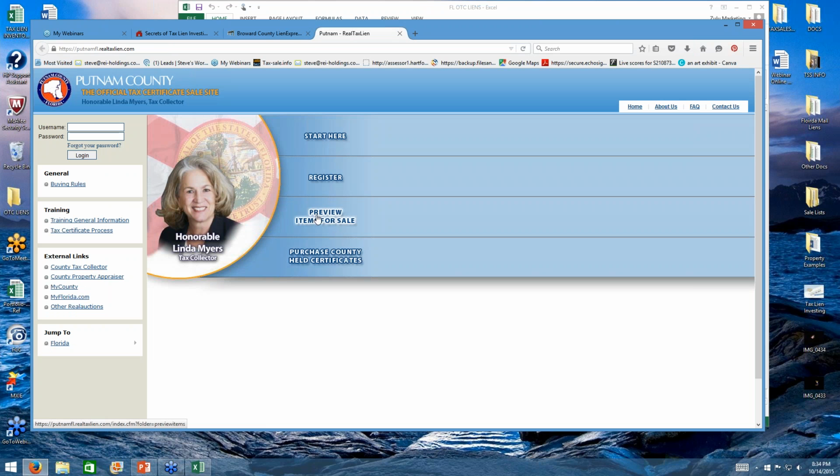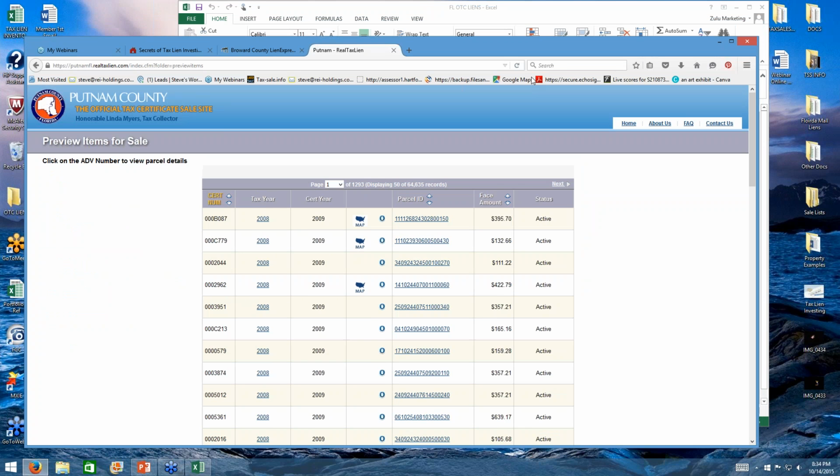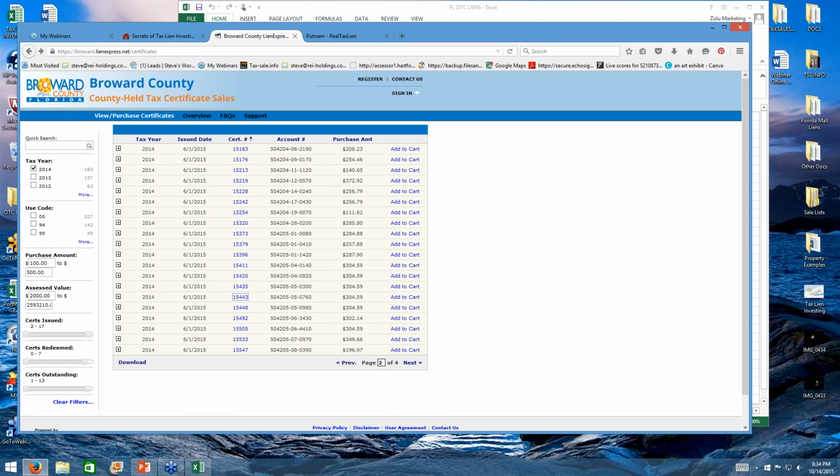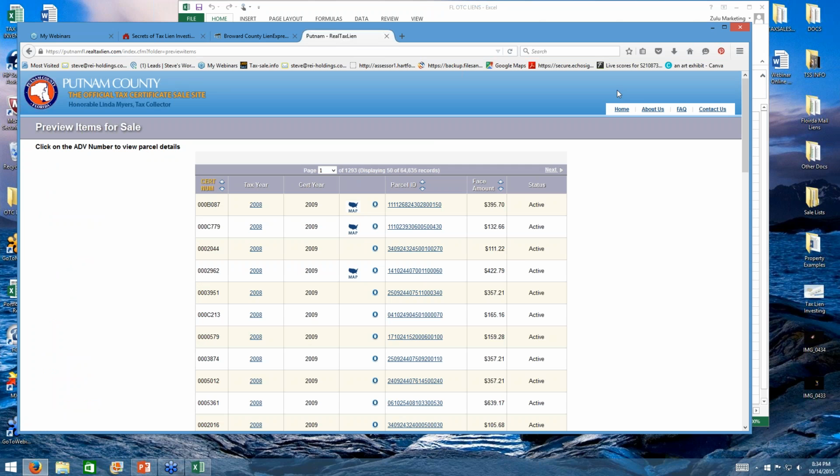The first thing I'm going to do here is click on Preview Items for Sale. And it may be, and it very well could be, Broward is a big county. Sometimes the large banks will go through and just clean up after the sale. They'll purchase all of the best tax lien certificates. So there might be some in here, but because they are one of the big counties, I do know that the banks really hit the over-the-counter sales in Broward County after that. So that may be part of the problem, that some of these have a high amount of tax liens on them. But there could be essentially a diamond in the rough.